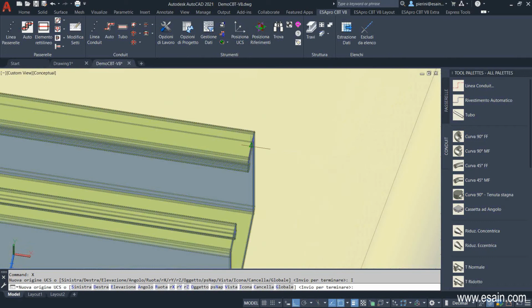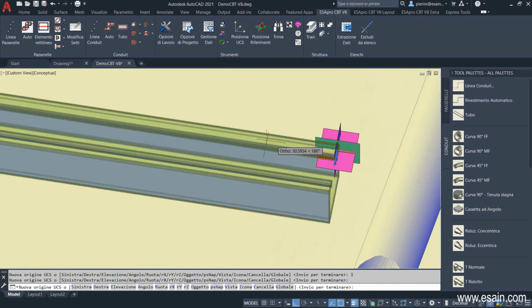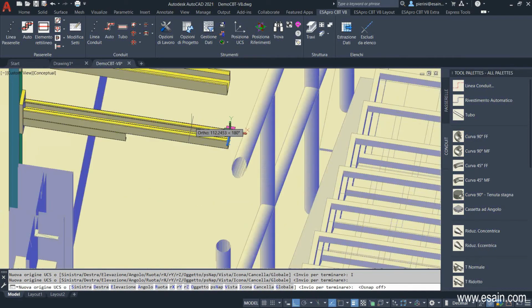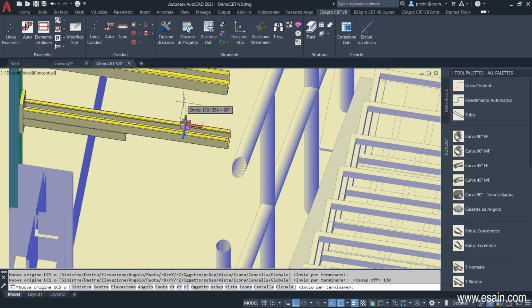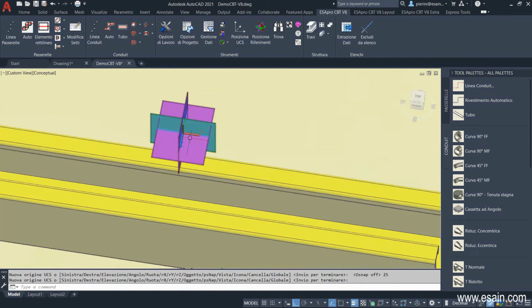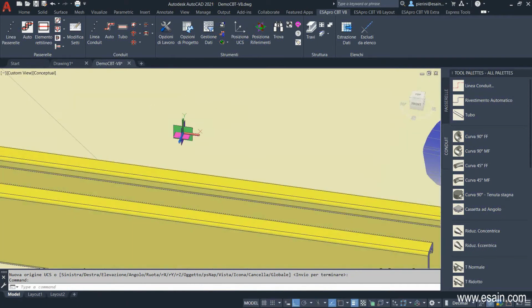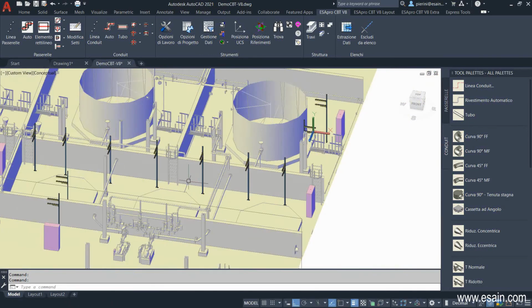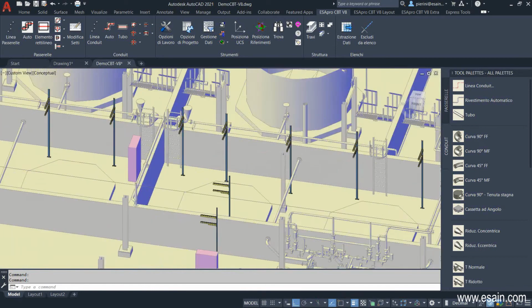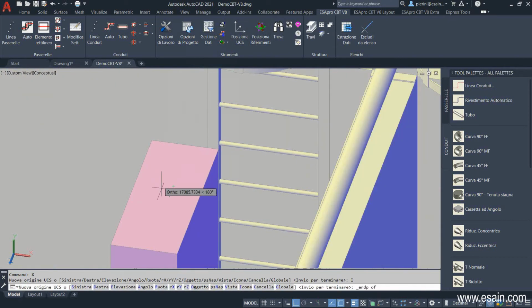And take a reference point on the support, midpoint. We give a distance, type 130mm, and we're going to raise 25mm. This position will become the axis elevation of our cable trays. OK. Let's continue adding the other icons. We insert an icon above the middle panel.